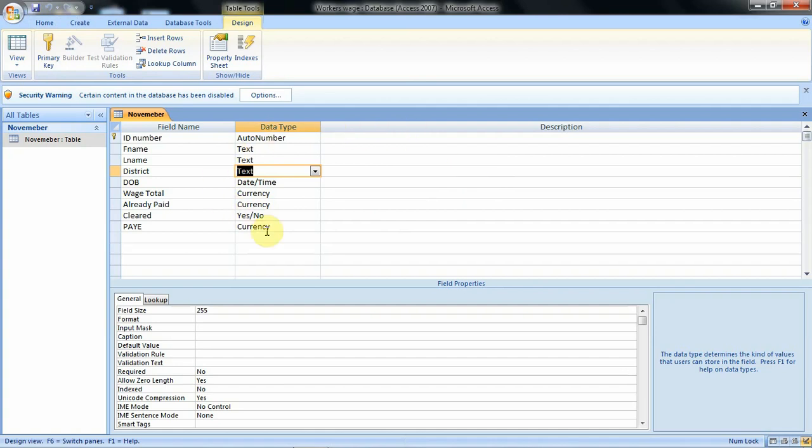When we save our changes, we expect that when we open our table in datasheet view, we shall be in a position to see those values as we type in the different cells found in the field for district. So now let us open our table in datasheet view. To do that, we are going to use this option for view. We click on it, then we select the first option, which is datasheet view.